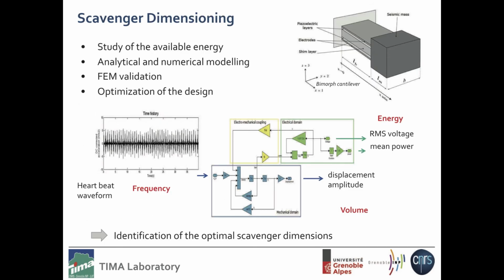Okay. So the idea was to use the work performed by the group 50 years ago to put a cantilever beam inside the capsule. So we started with a cantilever beam with a symmetric system with 2 piezoelectric layers in order to provide more